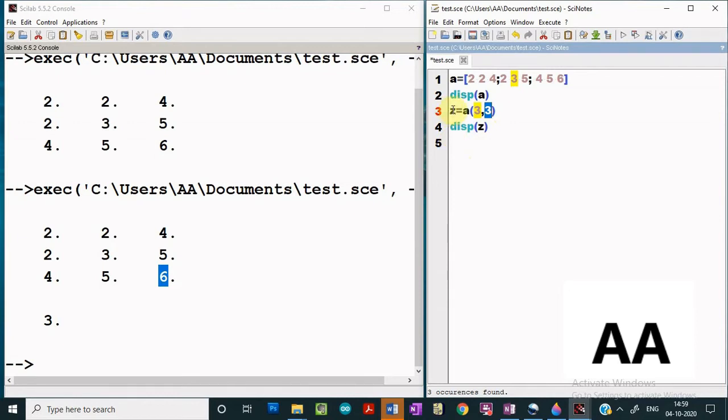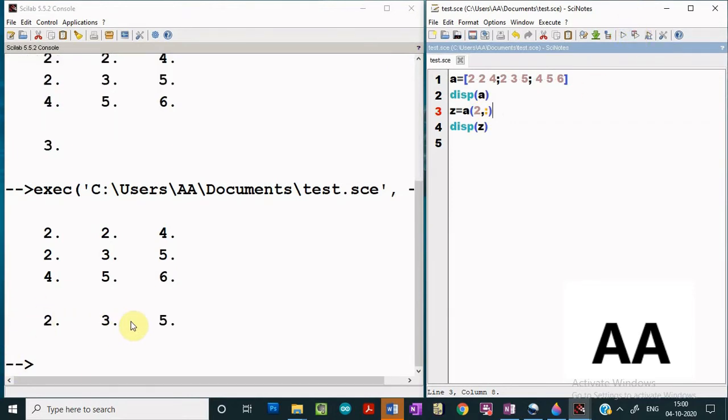Now let us say we are not interested only in a single element, but we wish to access the first row or second row or any row of the given matrix. So how can that be accessed? Suppose I am interested in the second row elements. The first parameter has to be the row number, so I pass 2. Since I want all the column elements for the second row, we have to use a colon and then terminate. It means I am interested in the second row, and colon means all the elements of the column index. Let us execute and see what we get.